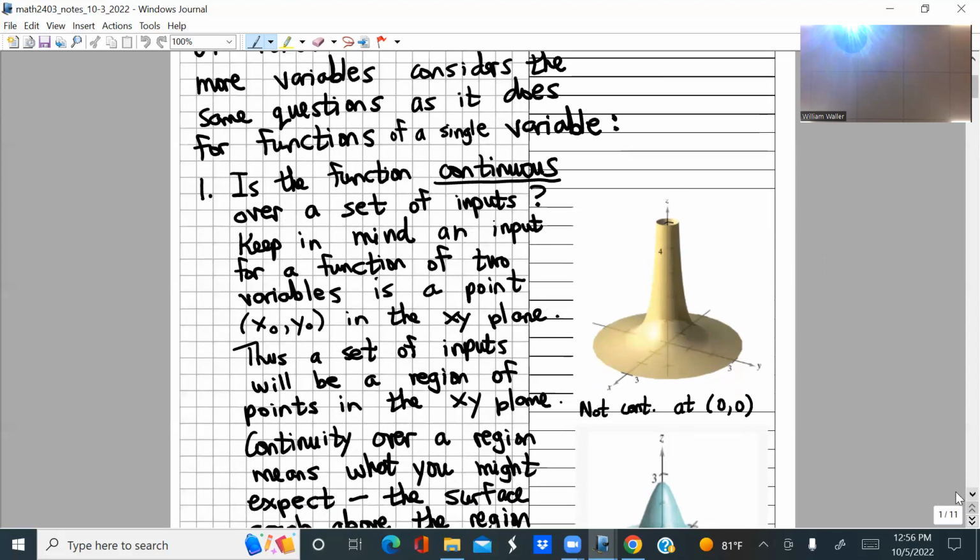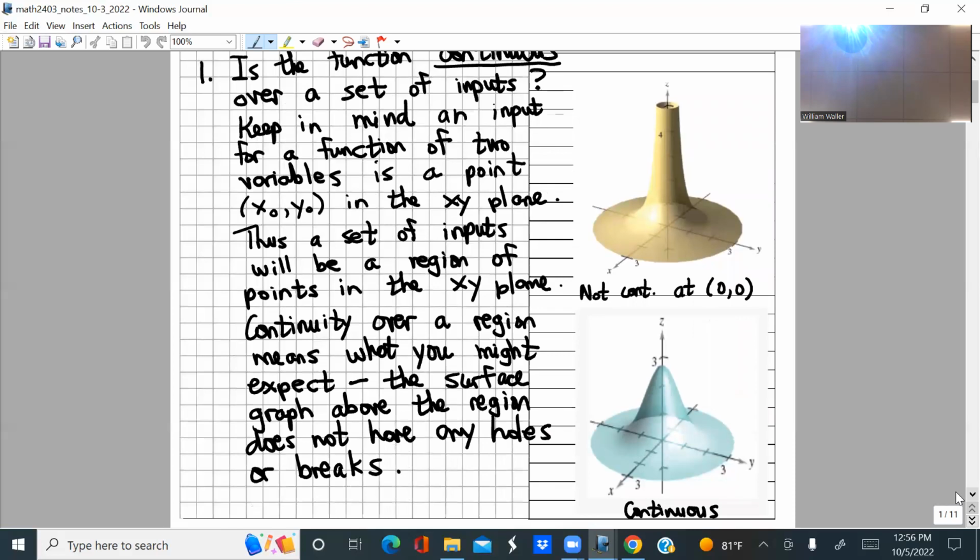Here's a continuous example, on the other hand. It looks kind of the same, but notice at (0, 0) there's no hole or break in the surface. When you get a solid, complete surface, we say that is a continuous function of two variables. Continuity over a region means what you might expect: the surface above the region does not have any